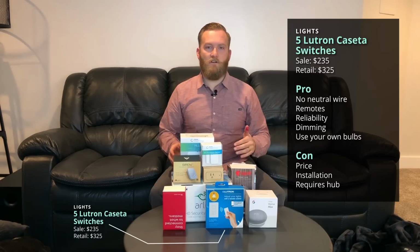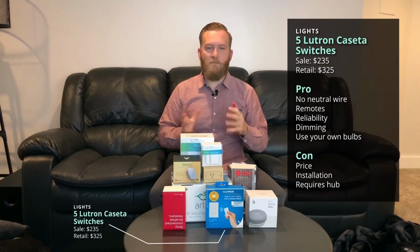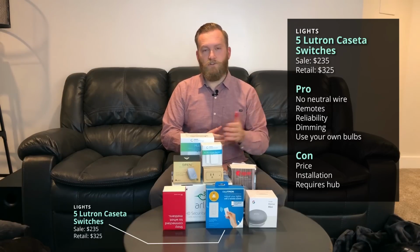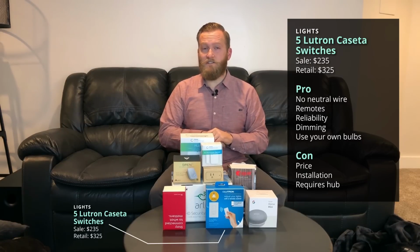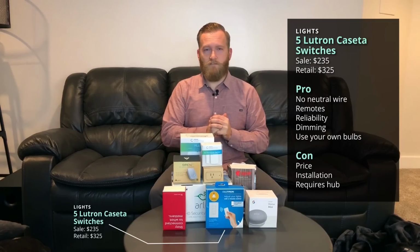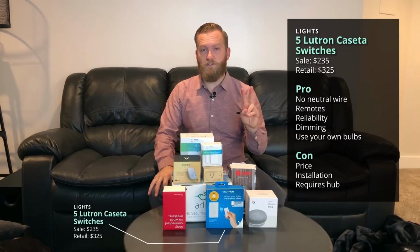The other options are Leviton has some switches that you can get from Best Buy or Home Depot. GE has some smart switches. A lot of people use the Wemo light switch. So there's some different options out there. Those are going to run you usually about $35 to $45 each. The Lutron switches are about $55 each, but I was able to get them off eBay from an individual seller for about $40 each. I also got the starter kit, which has 2 switches with remotes,